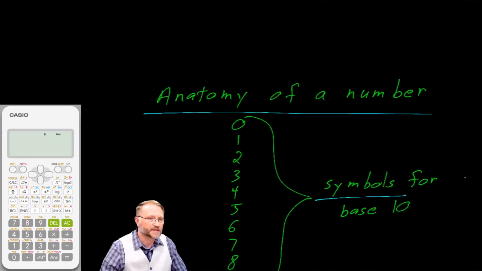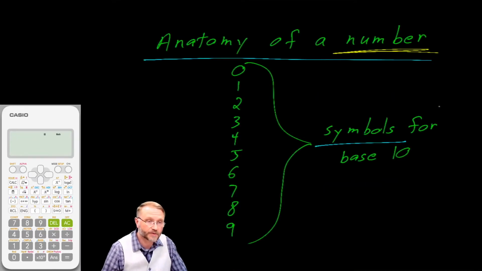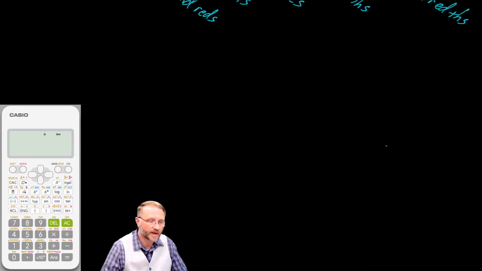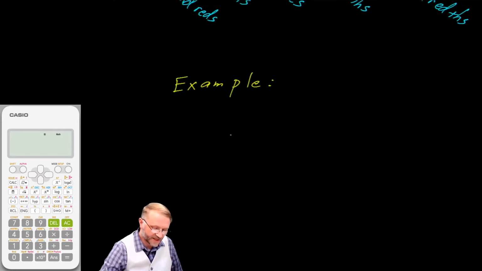One more time, because this is so very important. When we talk about a number, there are two things we're talking about. We're talking about the symbols that are used to make that number, and we're talking about the place value. For example, if we were presented with the number